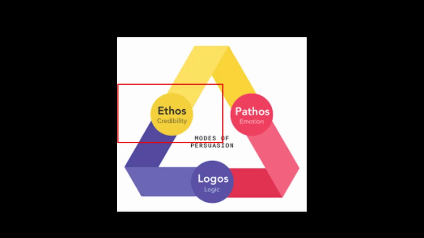Some questions to consider when looking at ethos. Have you looked at what experiences or claims to authority qualify this author to speak or write? Have you considered the credibility and moral character of the writer or the speaker? Have you considered the design or appearance of the text you are analyzing? Does it look professional? What can you say about the author based on the appearance of the text alone?